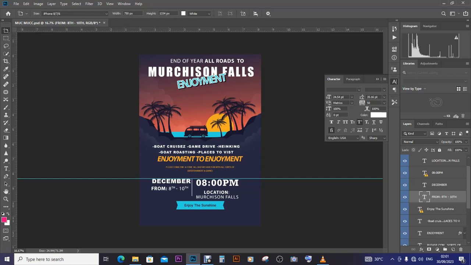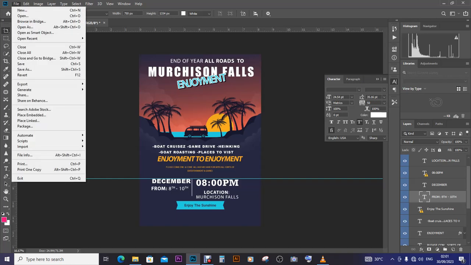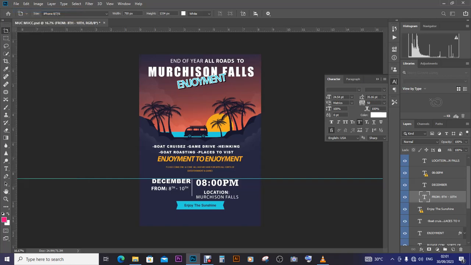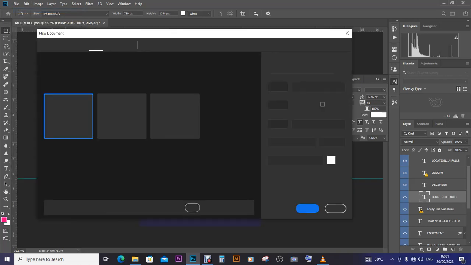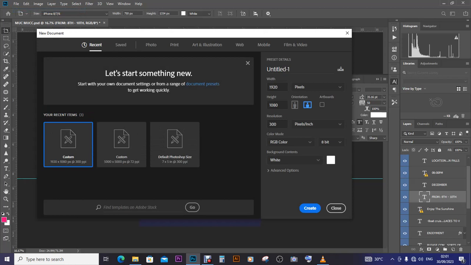Let us check if we are having these pixels. What would this be? Maybe what we would do, if you don't understand pixels and you rather understand centimeters, you can go to Google and try to Google it. Or you come to File, just still near your design. So you click on File, then from there you go to